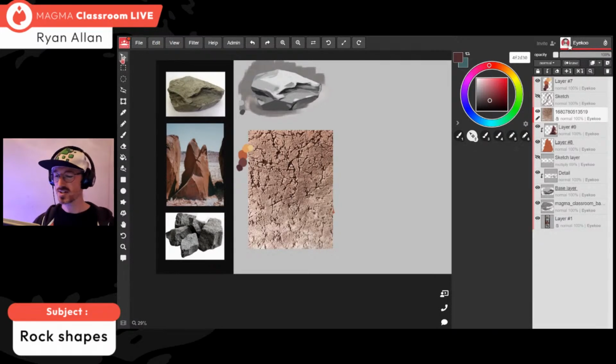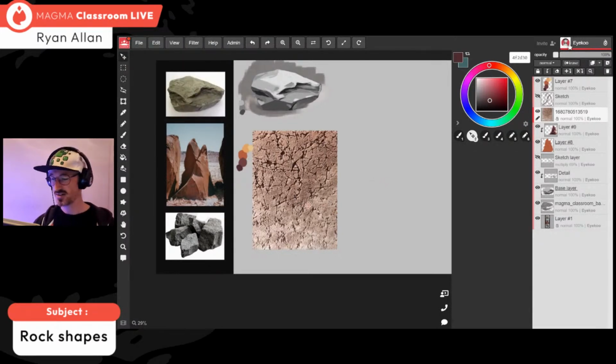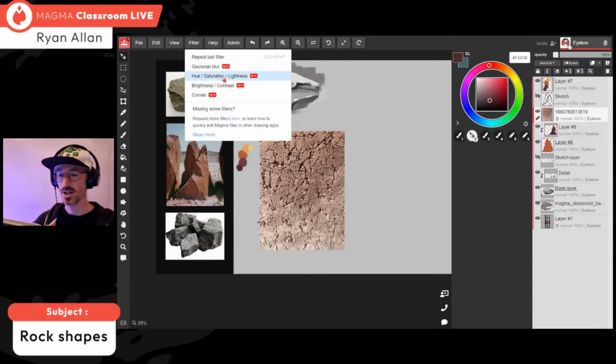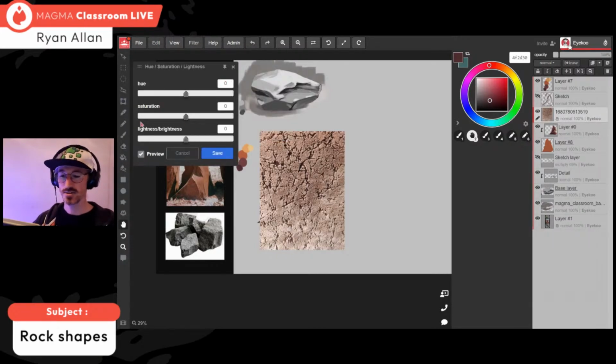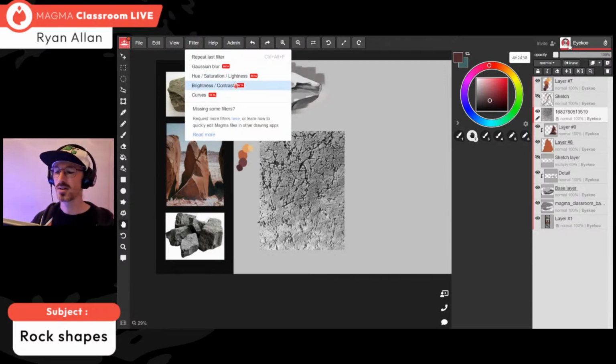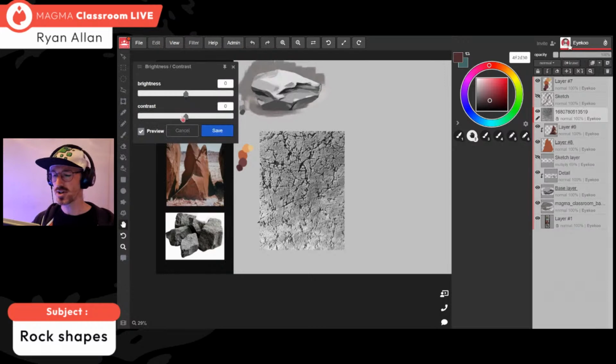Okay, so this kind of texture. This was on the back of the seat. So what can we do with this? Firstly, I don't want the color characteristics of this. I just want the texture that's in it. So I'm going to go to my filter, hue, saturation, lightness, reduce the saturation all the way down, and now it still has a lot of contrast in here. Maybe we can go to our brightness contrast, bring the contrast down a little bit,